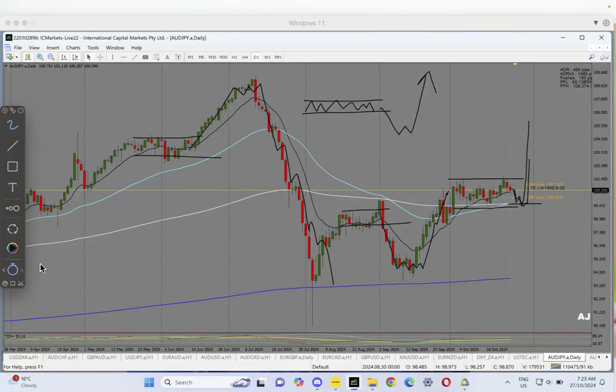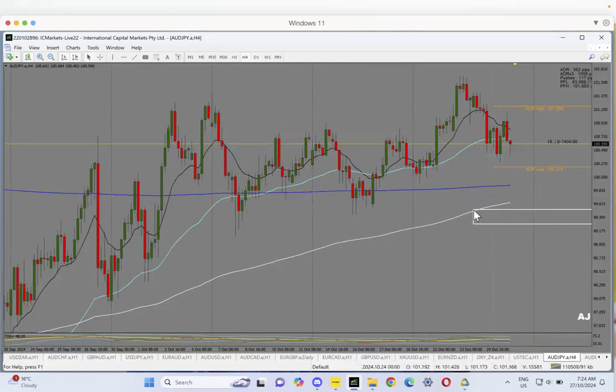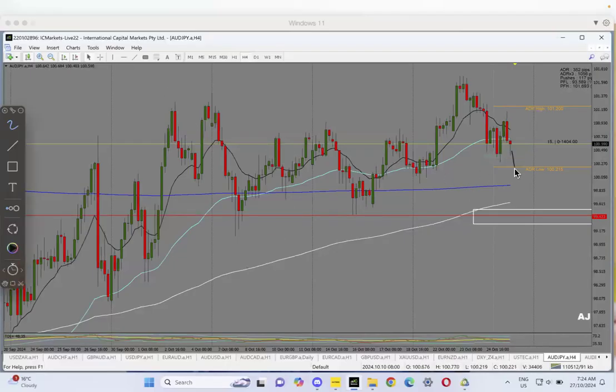So that means there is a high possibility we might come to the 200 EMA. Now, what is of interest here in the 200 EMA? If you go to the 4-hour time frame, there's really nothing of interest other than the fact that you've got these lows sitting right there. So there's a high chance the market might want to come to these lows before it can go up. All right, that's it for AJPY. I'm pretty sure now you understand what we are talking about. So let's move on to the next pair.